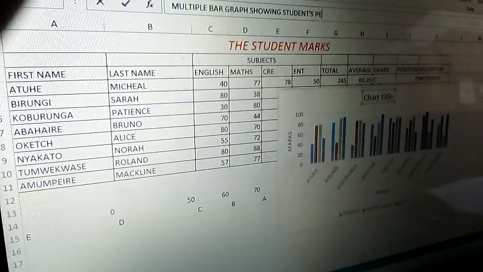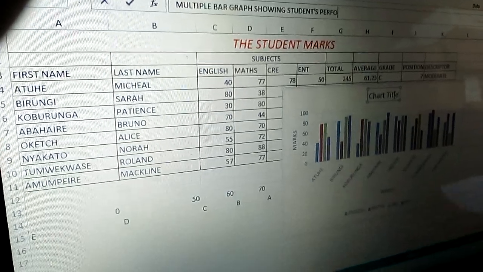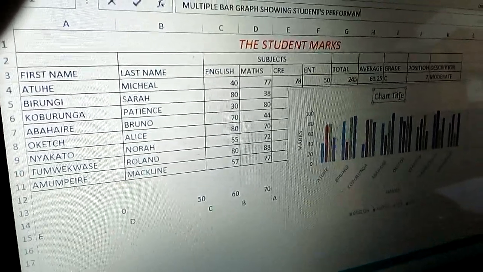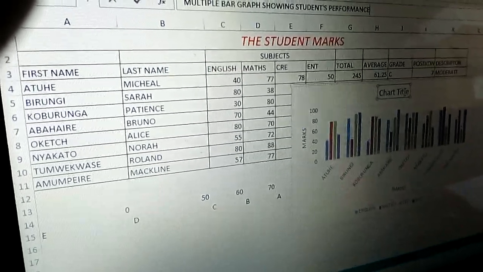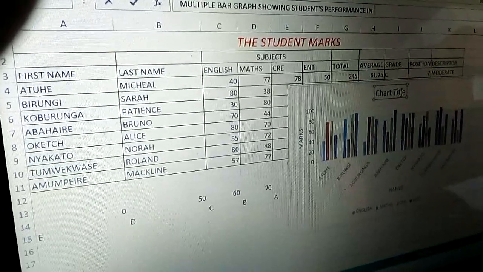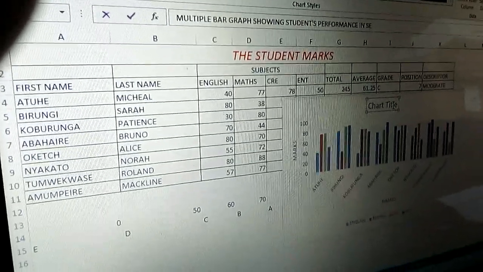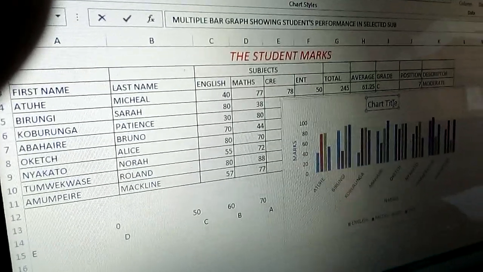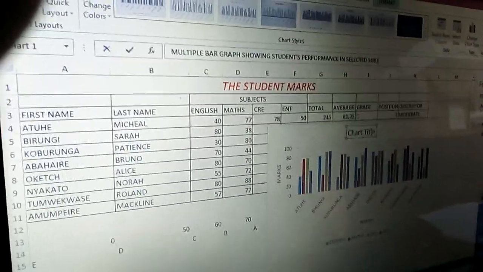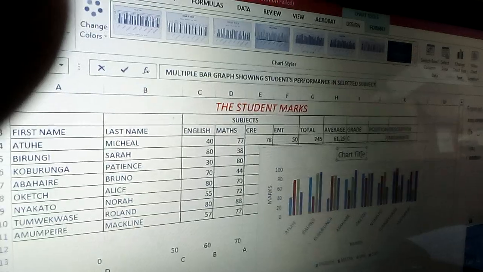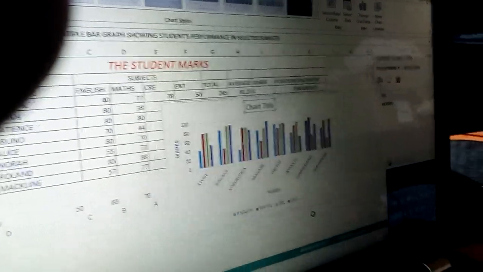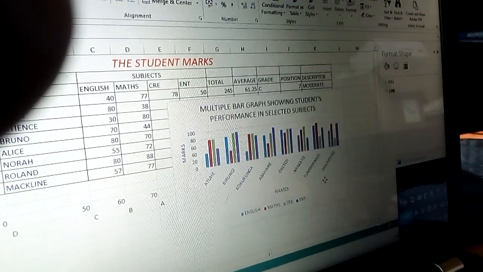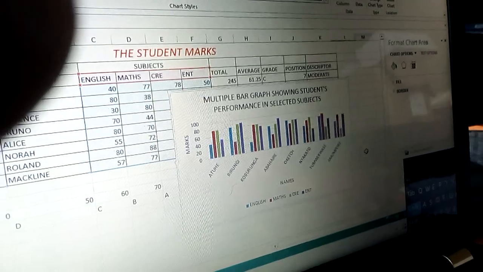Then we put for performance in selected subjects. So when I click outside, now the title is written.